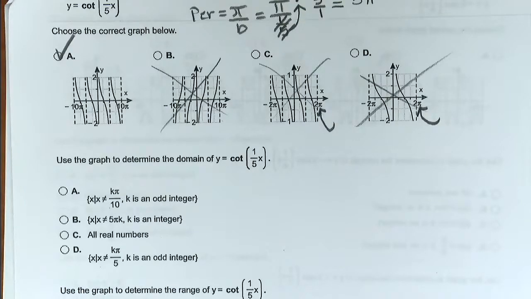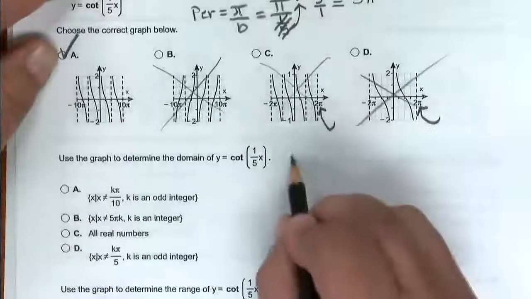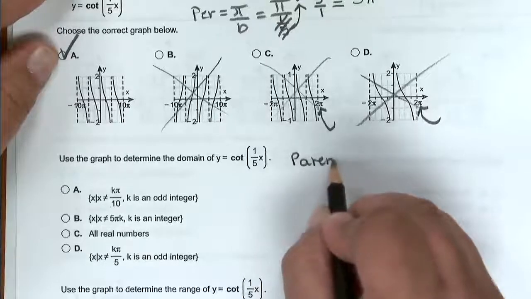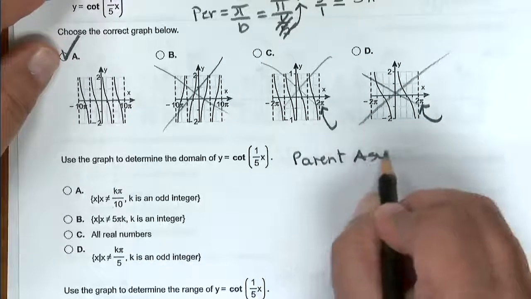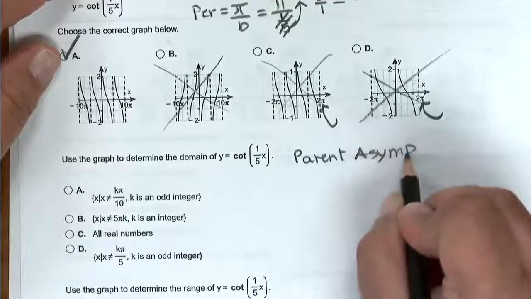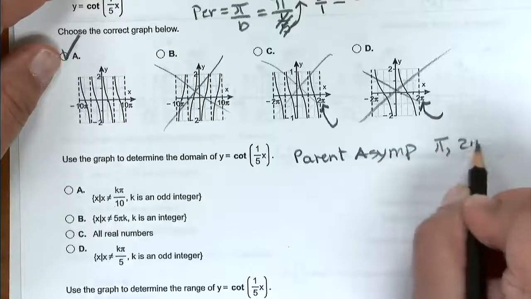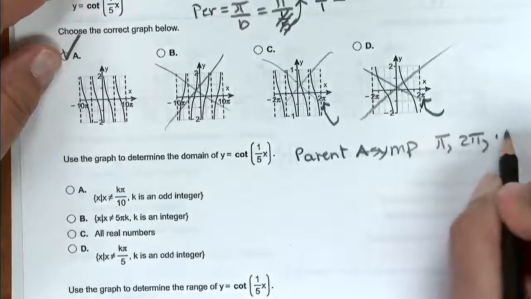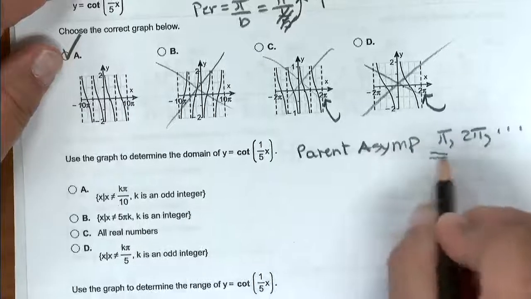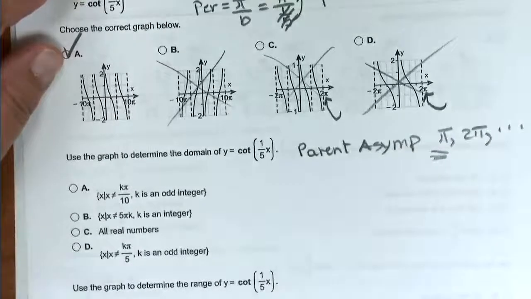Yeah, that was the 1 pi deal. The 1 pi, 2 pi, 3 pi? Okay, so let's just go with 1 pi. Let's keep it simple. Let's keep it positive. Let's do the very first one. All you want to know is working off the parent asymptotes. You guys just told me that the asymptotes happen at 1 pi, 2 pi, and all the negative versions of this. I'm just going to go with this one right here, the smallest one, and I'm going to work it into